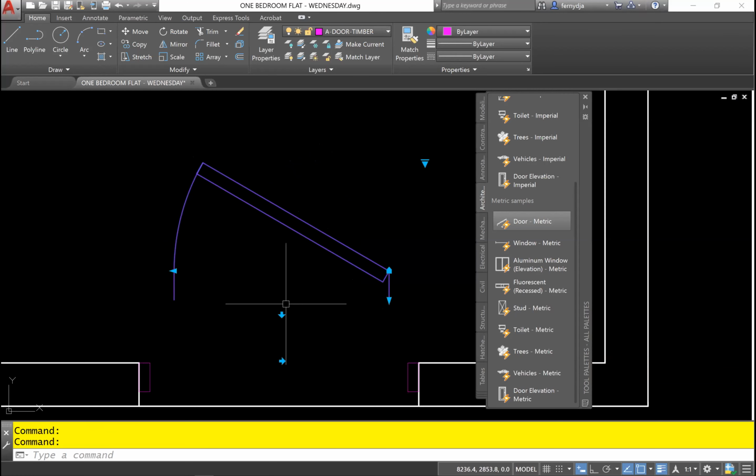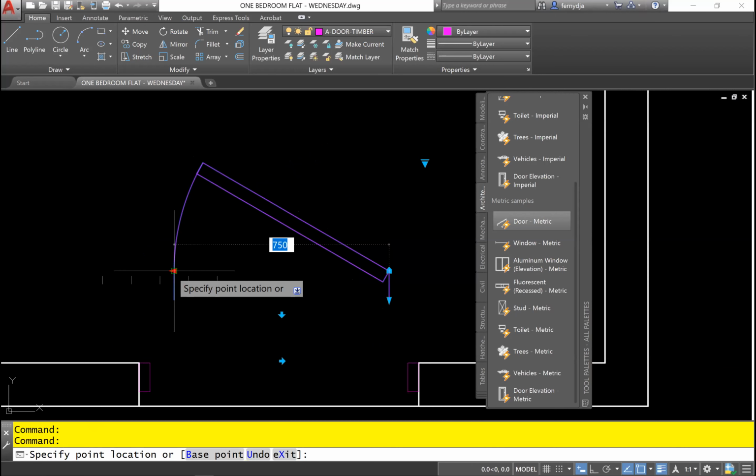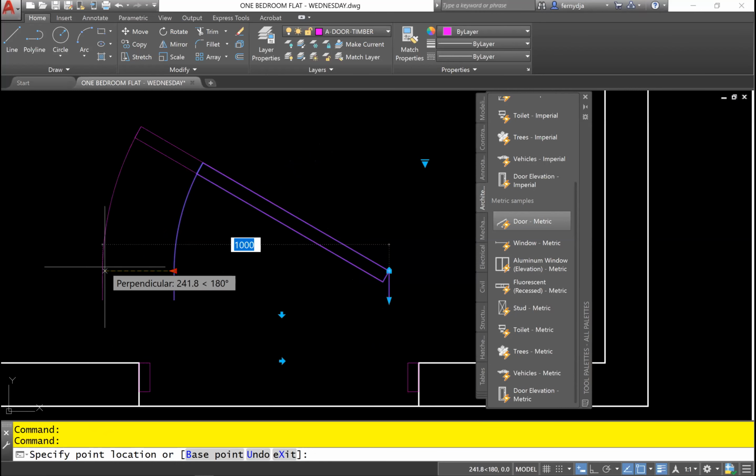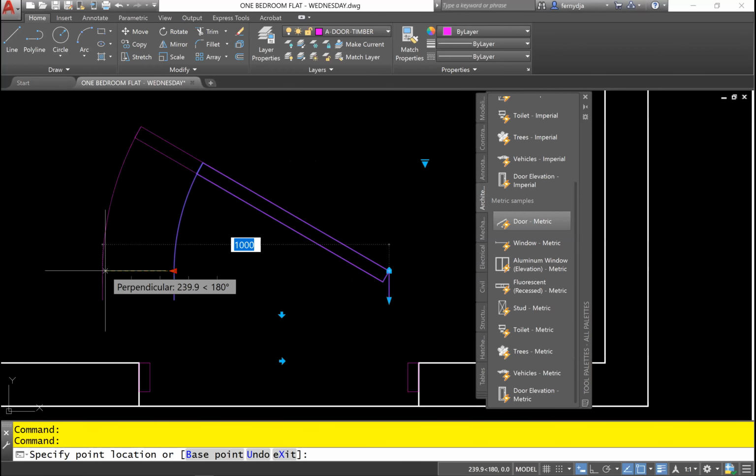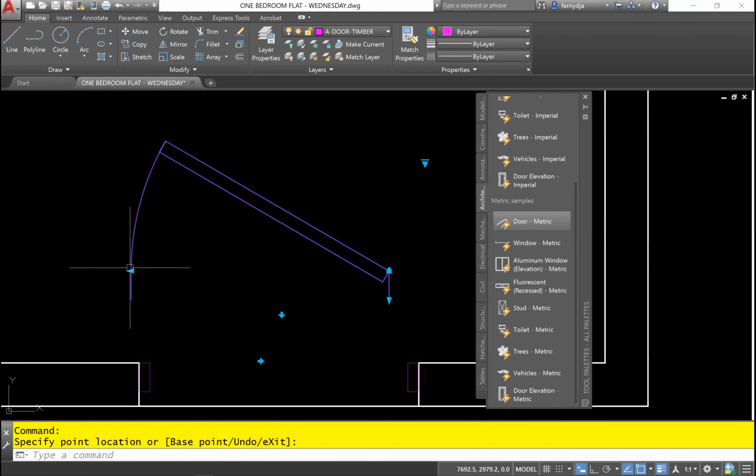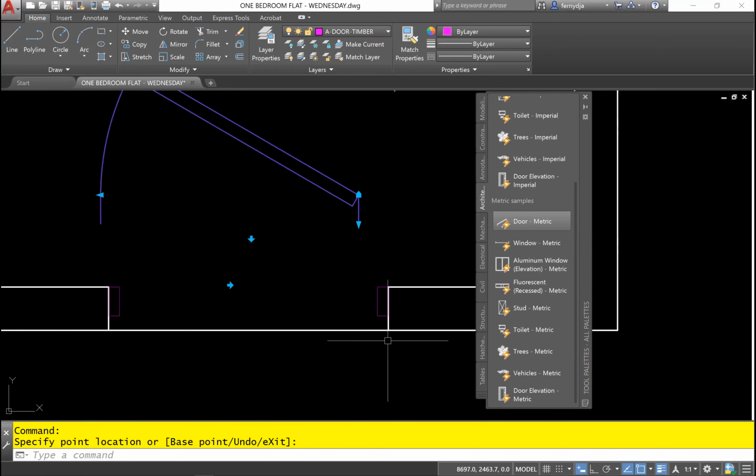Then we also have the option to scale it, the one on the arc right here. So if you click on it, you notice you get those sets of increments that you can stretch it to. So you can get it to as small as a 600 door, it's approximately 2 feet, to as far as 1,000. Now in our case, we want our door to be 900. So the opening was 976, but you have to remember that the door frame on either side is 38 and 38. So the difference between 976 is